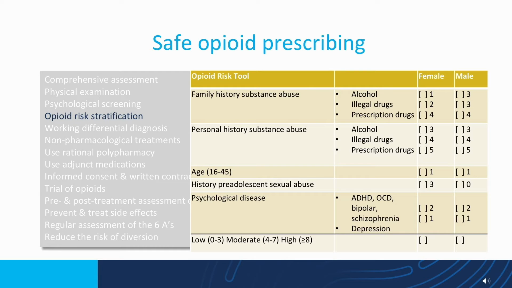Now, you're not going to ask any patient this. You're only going to ask a patient that you've got a rapport about this, but it's important to consider because they score high if there has been a history of sexual abuse. And is there psychological disorder, as mentioned? So different things involve different scoring. Prescription drugs score higher than illegal drugs or alcohol, so this again is a validated tool. Spend 5 minutes and go through this. Low risk 0 to 3, moderate risk 4 to 7, high risk more than 8. You don't want to be using opioids in the moderate to high risk categories if you can.